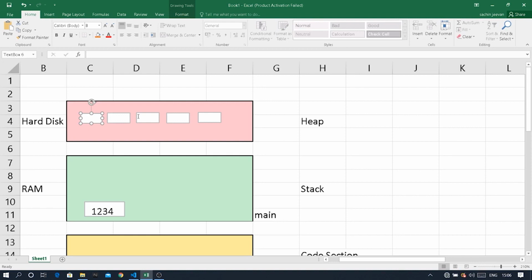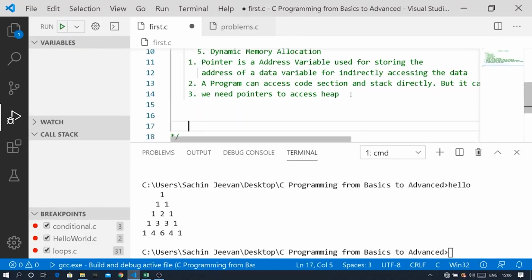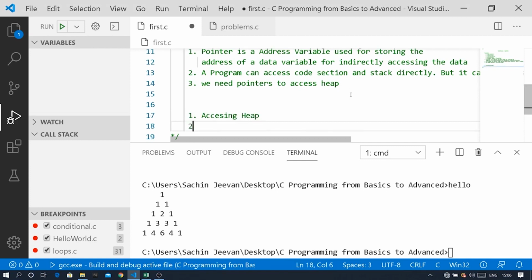So just see, so much I have spoken now. These things you have to understand. Why you require a pointer is a very important thing. Now I'll tell you one place where you require your pointer: for accessing your heap memory. For accessing your heap memory, you want your pointer. And the next one is